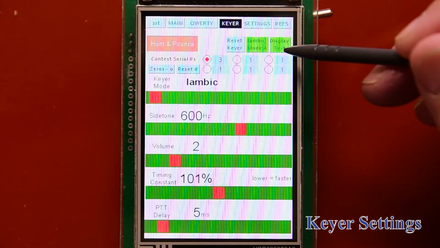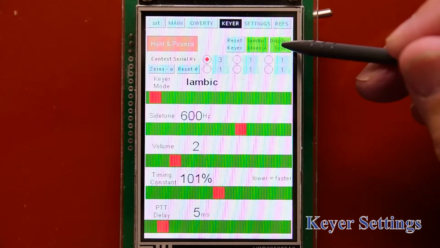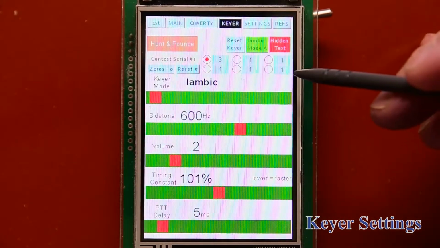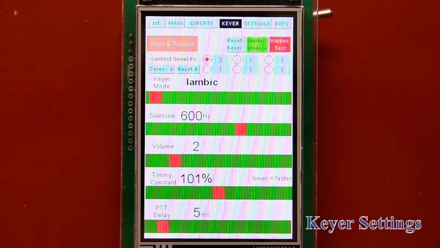Display text button. Tap this, and that actually hides the text that's being sent while you are sending a memory. It has nothing to do with live sending from a set of paddles. But when you're sending memory,